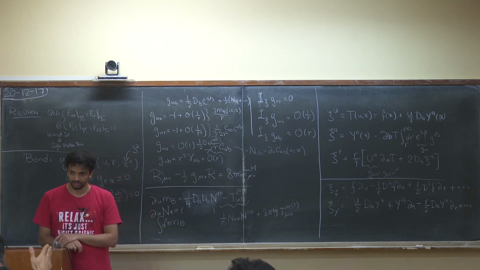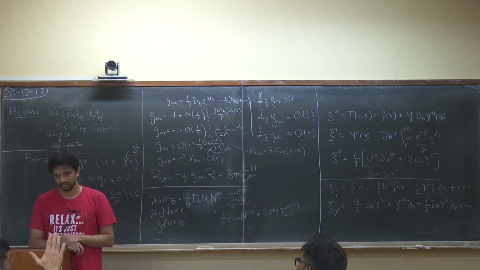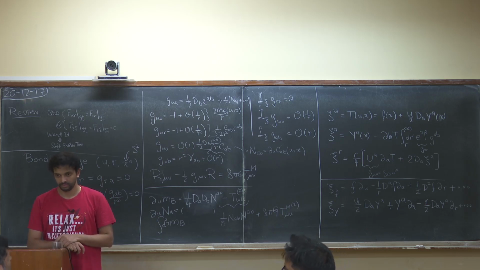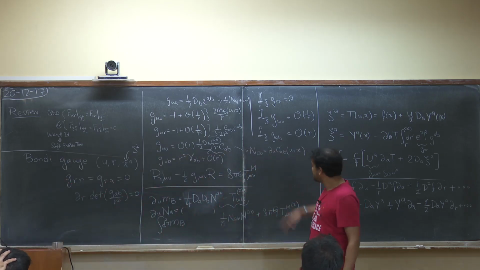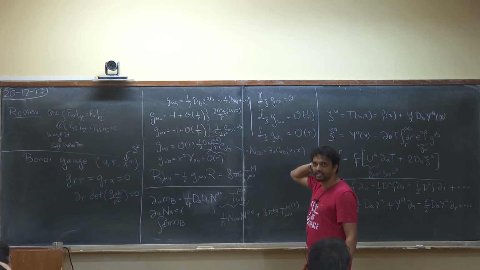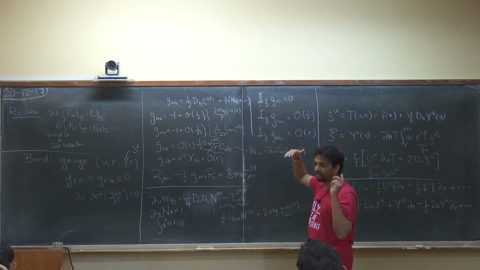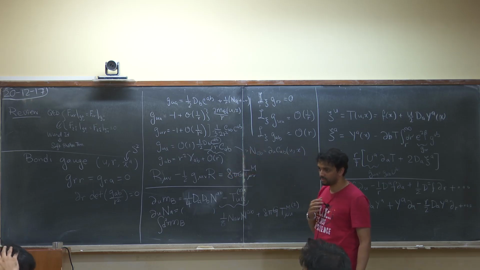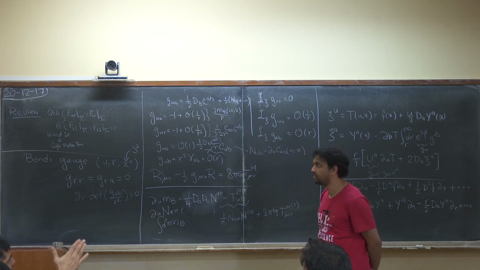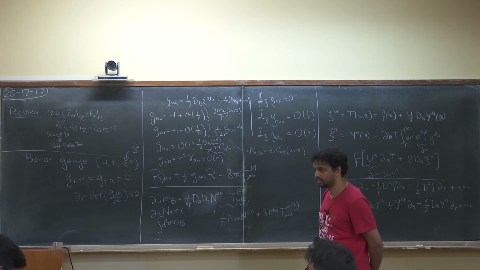Just one last comment: this news kind of stuff looks like a subleading term. It looks roughly like, in AdS at least, the boundary stress tensor. The boundary stress tensor would be the next order, though, not exactly this one. Because in AdS, the boundary stress tensor appears at, the analog of this would be at order 1 over r squared relative to the leading term. I said boundary stress tensor in the sense that it was independent data. If I tell you what the boundary metric is, then I have to independently specify what the boundary stress tensor is to go forward in a power series, in a radial expansion.